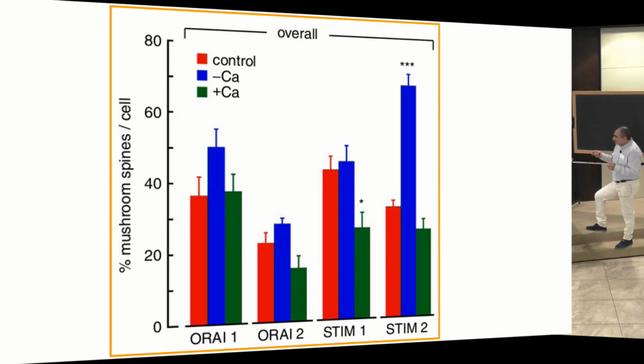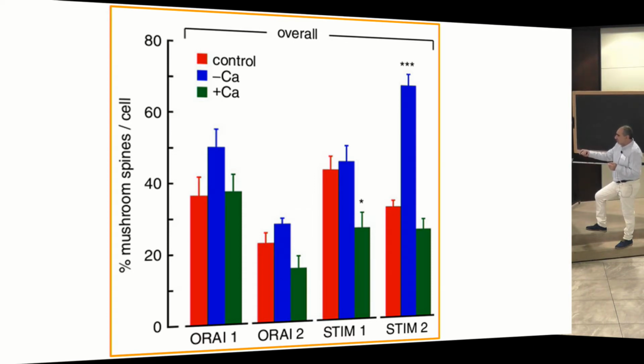First of all, we have to say that under minus calcium condition, ORI hardly changes, just a little bit in the most important mushroom spines,